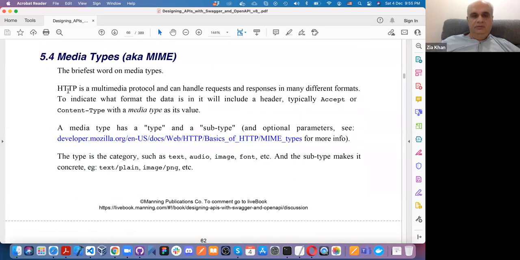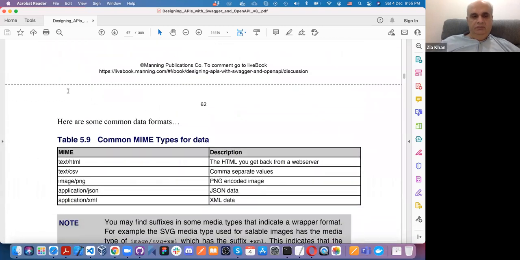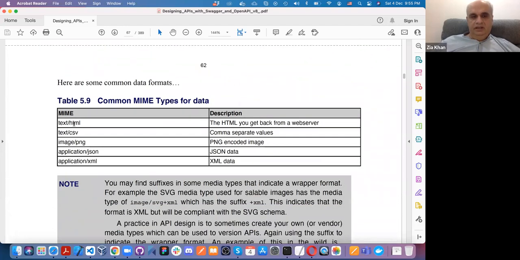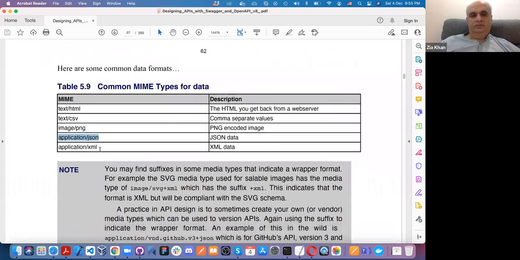Media types, we were saying application/json, but there can be other types, like text/html. Because we were responding in JSON, therefore it was application/json.